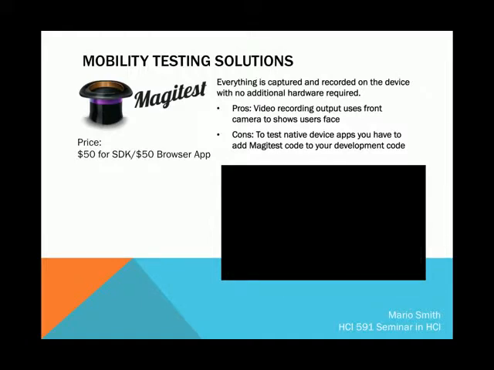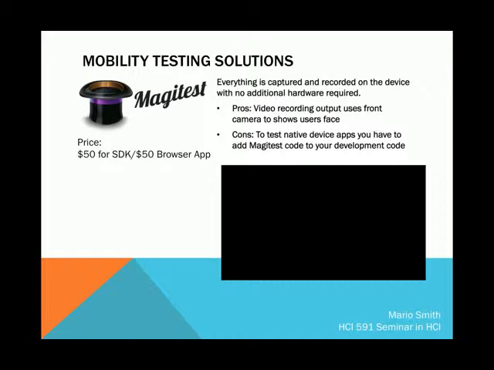Now, upon looking at this, we were really excited about this because it appears that this does everything that we actually needed to do to facilitate the test that we wanted. However, upon further investigation, we realized that it's actually two separate things that you have to go through in order to facilitate a test. Actually, if you want to test the website or a web app, there's a separate web